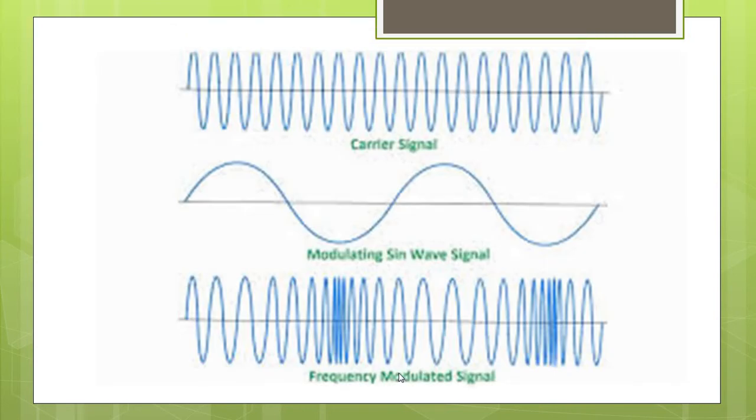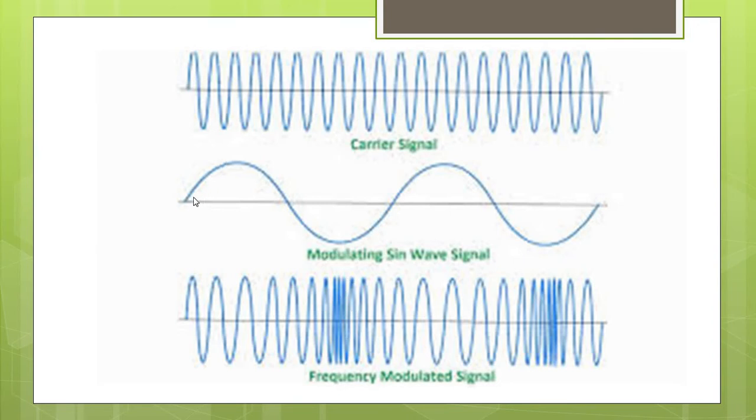So these are the waveforms for an FM signal or a frequency modulated signal. You can see this is a very high frequency carrier which is denoted as A_c cos omega_c t. Then we have the modulating signal or the message signal, which is a very low frequency signal denoted by A_m sin omega_m t. So when both of these two signals are applied to a frequency modulator, we get a frequency modulated signal. As you can see in this waveform, we have two different frequencies. One is a low frequency signal, the other one is a very high frequency signal.